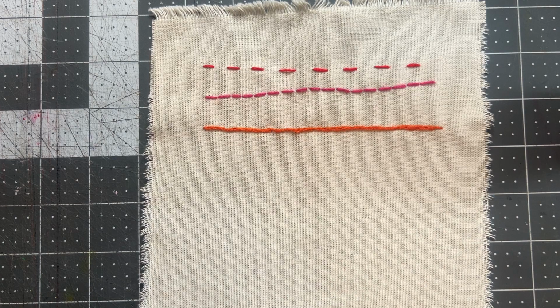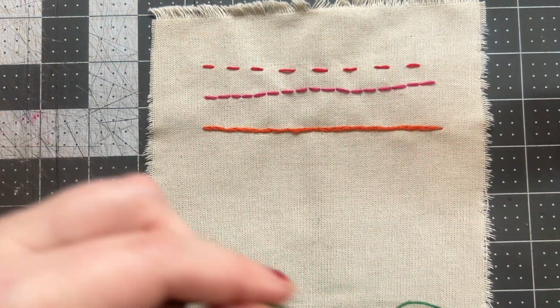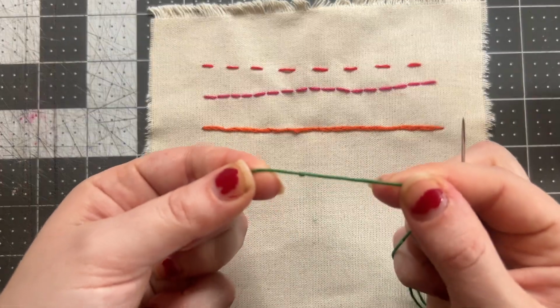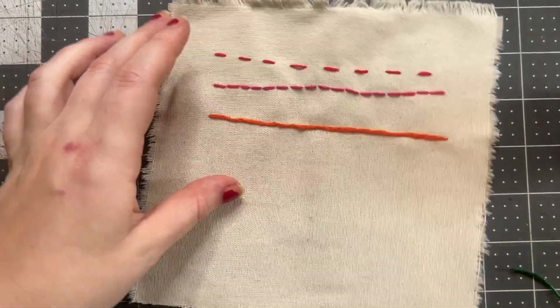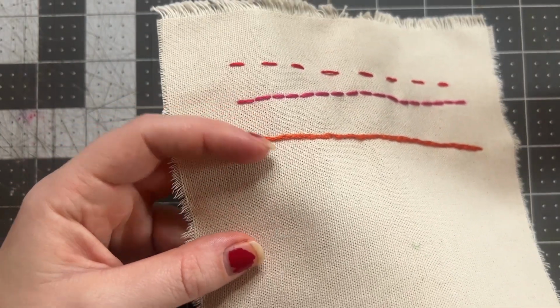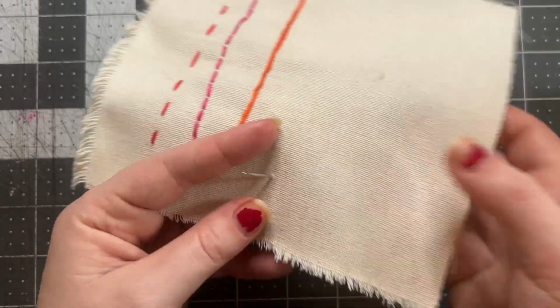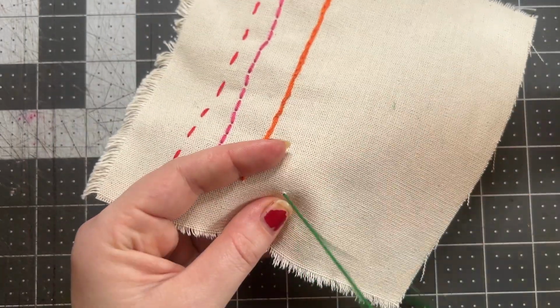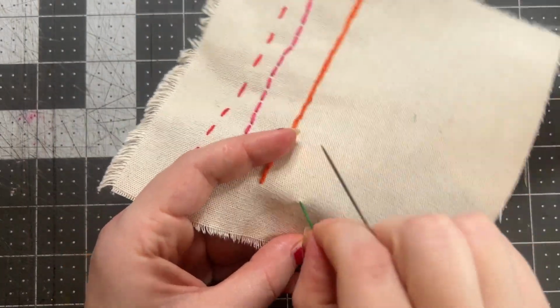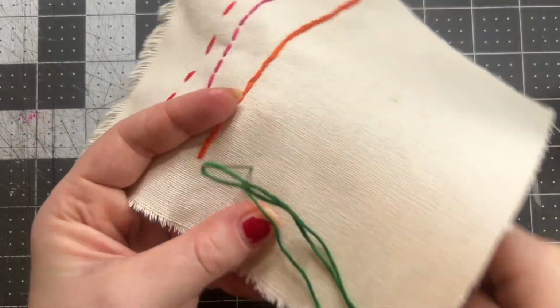I have my needle and thread. My needle is threaded, and my thread has a knot at the end of the long tail. I'm going to start on the left-hand side, just like I started with the split stitch. Come up from the back side, pull it until the knot catches, and then come back down from front to back,